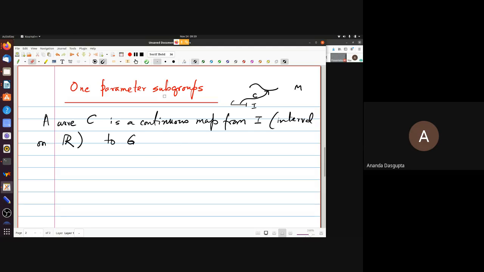Okay. So what does this curve do? It assigns to every point in the interval some element of the manifold that we're talking about. In this case, the manifold is the group. So some elements of the group. So what we are going to have is things like G of T. Now that's abuse of notation. What we really mean is,